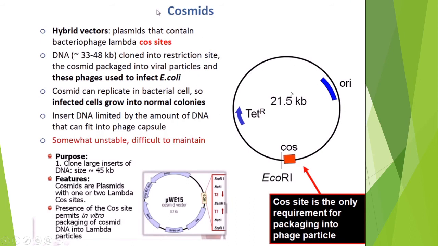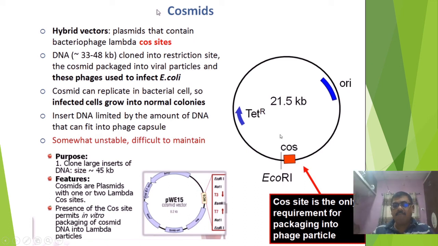These are plasmids that have an additional or extra cos site, and this additional cos site helps the cosmid to replicate within the bacterial cell as well as the viruses, and DNA up to 33 to 48 kb